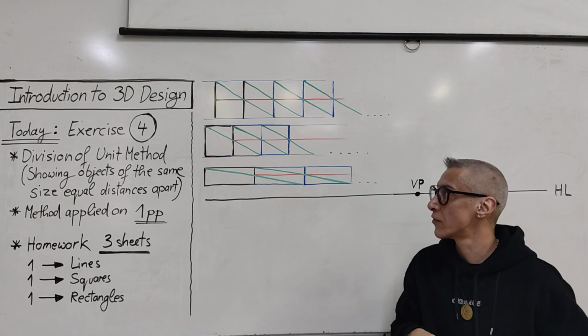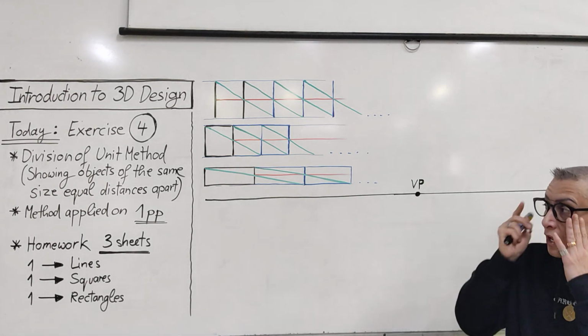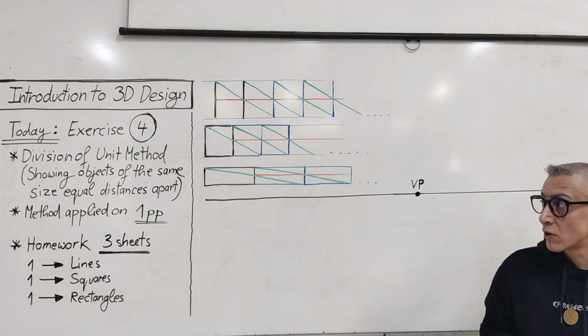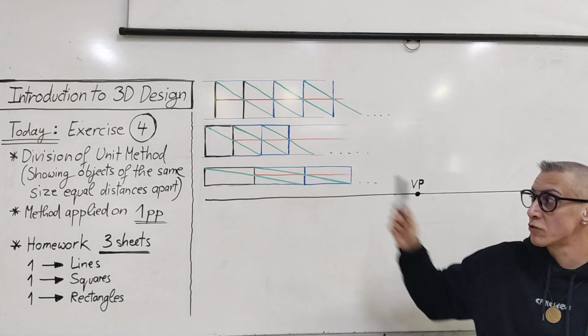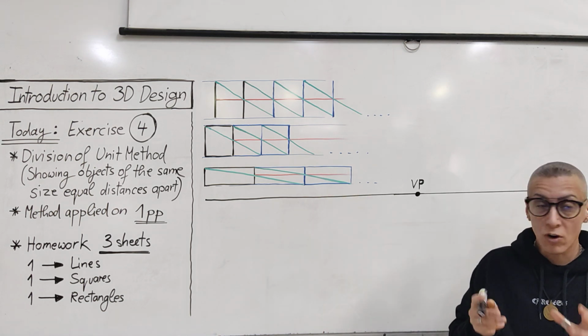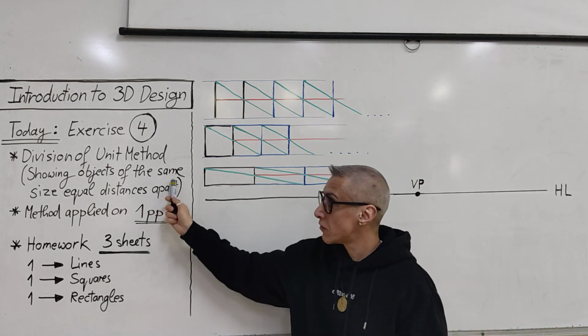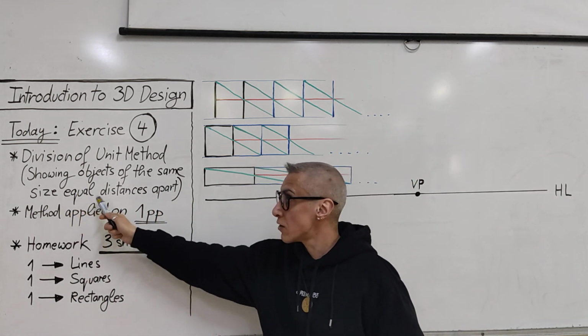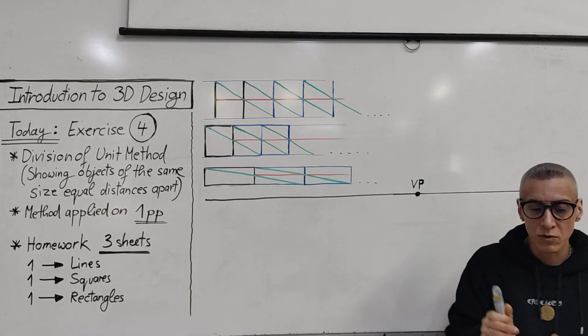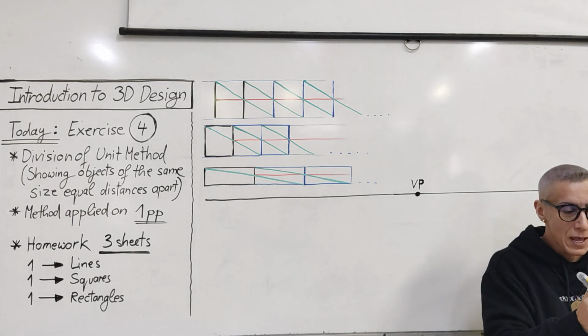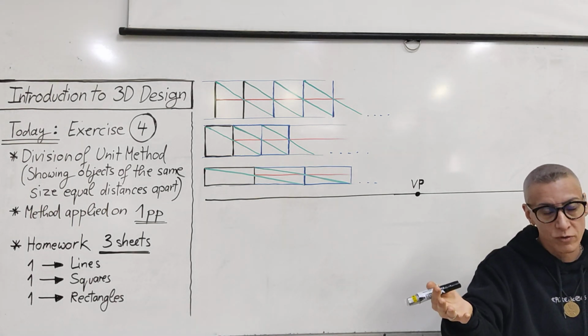Today we have exercise number 4. We will look at a method which is called the division of unit method, showing objects of the same size but equal distances apart. So when you want to draw an object, and in perspective of course, 1 point or